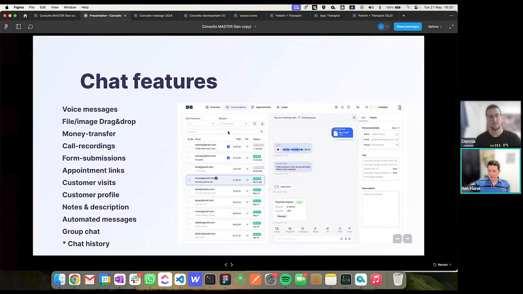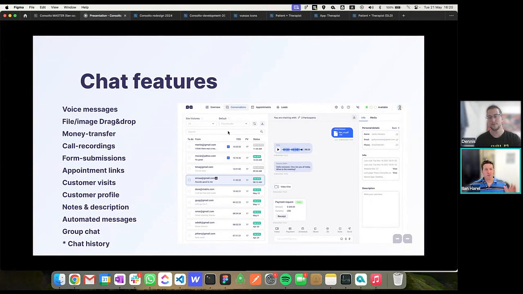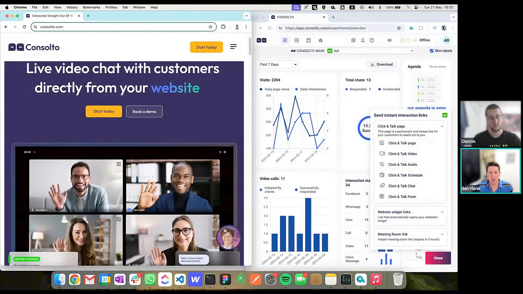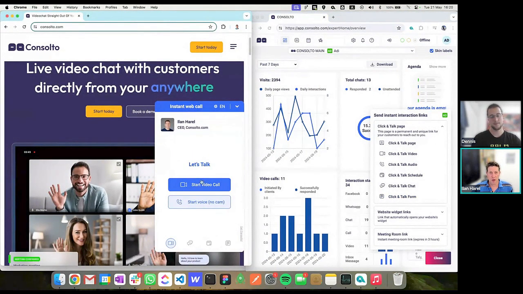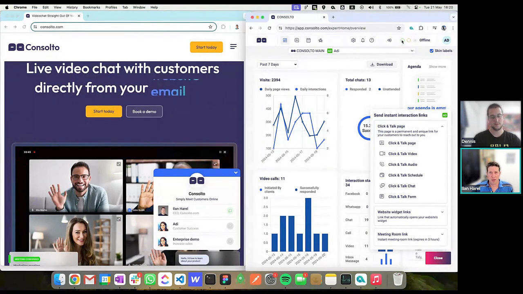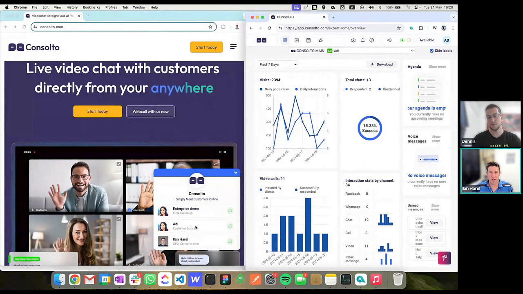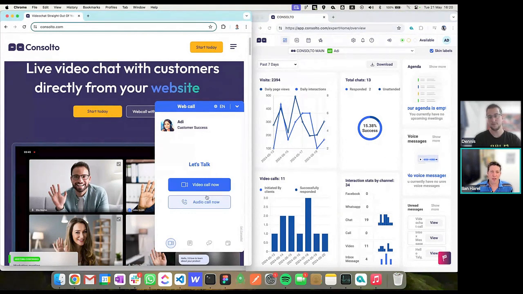Okay, moving forwards, chat features. Voice messages. People can send you messages over voice. Let's look at what that would look like. Wait, let me select some other agent because I want us to have this one.